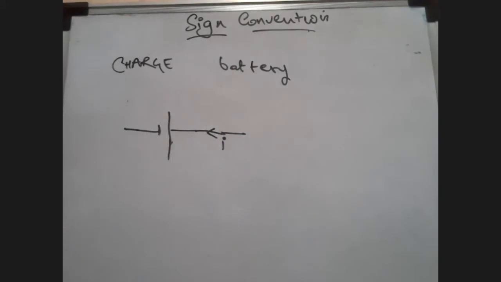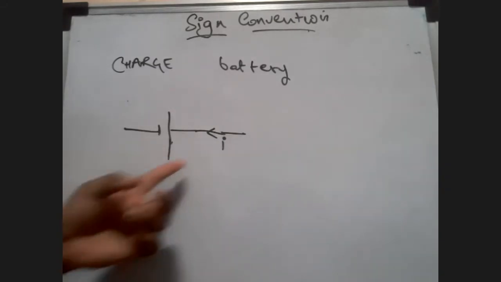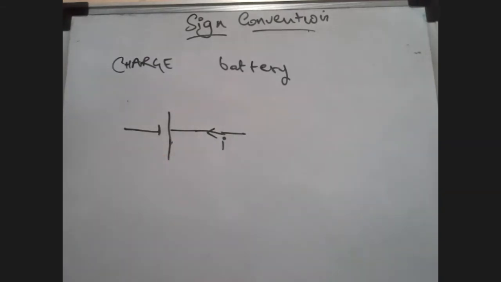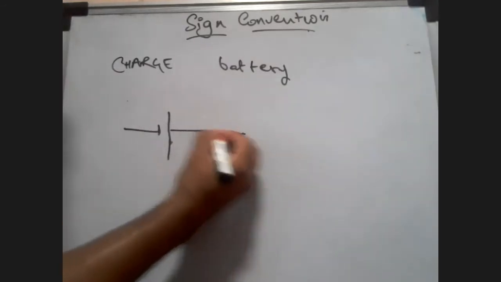Is this clear? Yes, sir. So when we are charging the battery, the current is going into it. I cannot hear your voice clearly. Can you repeat? Is the potential difference generated in a discharging battery less? It will be less. Now, let's see.